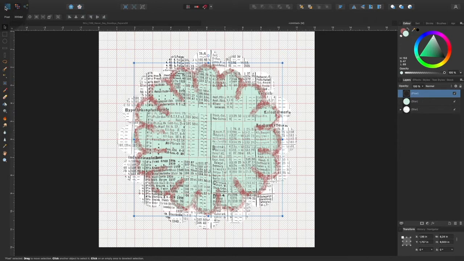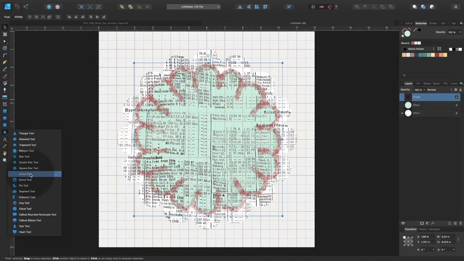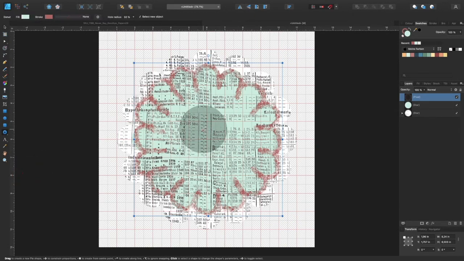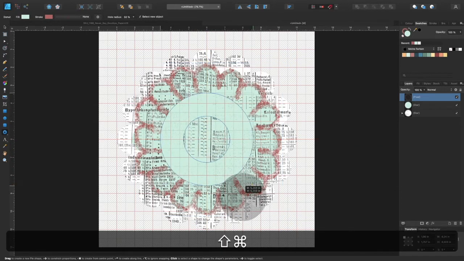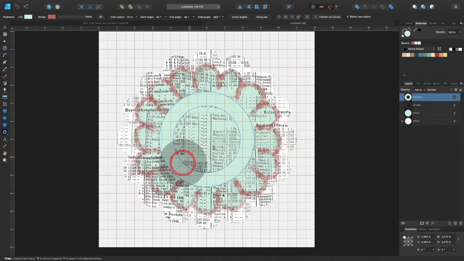Next step is going back to the Affinity Designer mode and pick the donut tool actually, so we can make a circle in the middle of the paper. You see again where the middle is here, and then you drag with your left mouse until you go to the edges of what we just created, and then make the circle a bit bigger or the rounding a bit smaller. You see me doing that here,